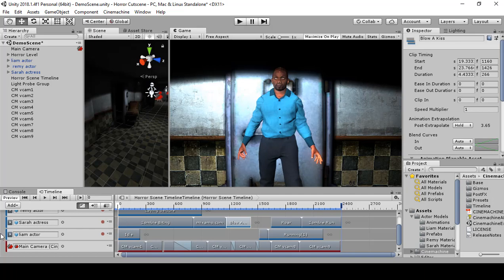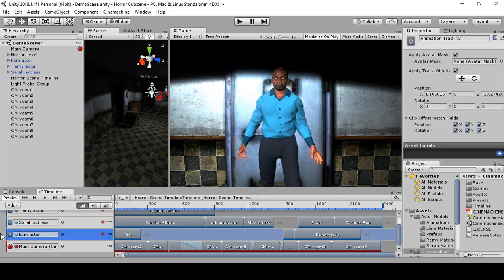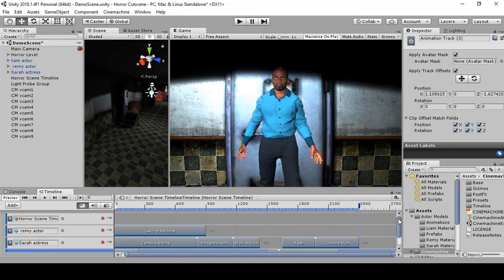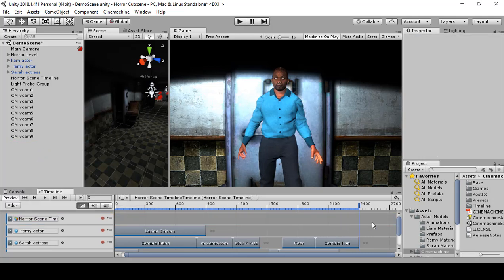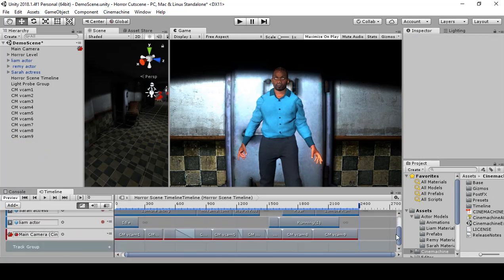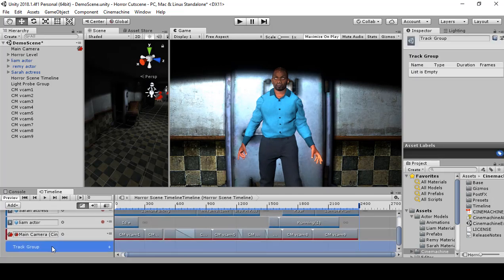Alright, so what we're going to do is add dialogue to this scene. But first things first, let's organize this by creating something called a track group. If you go up to Add and you see Track Group, this allows us to organize it. So if you double click it,